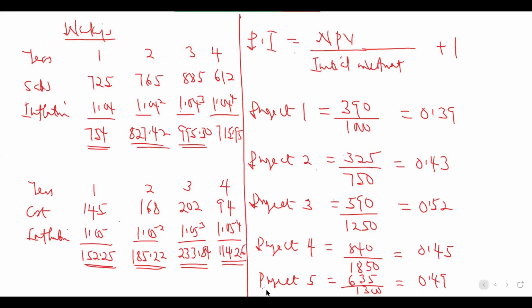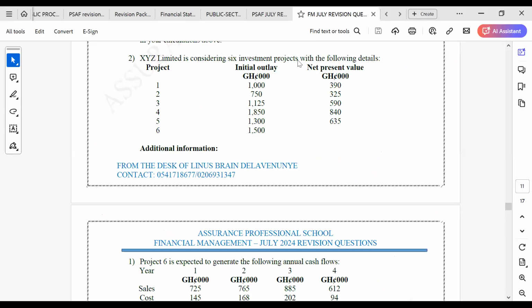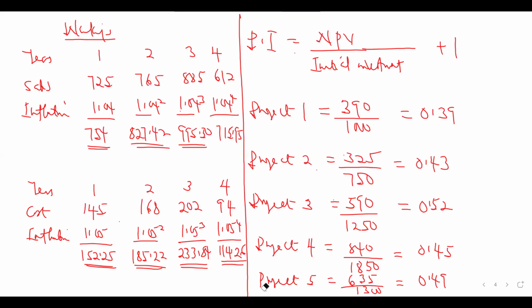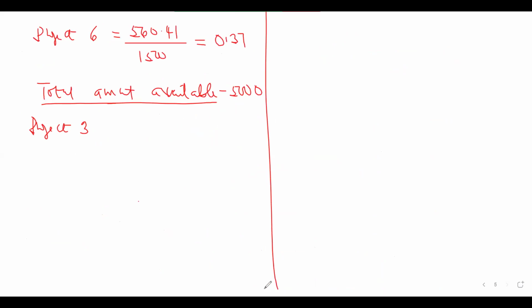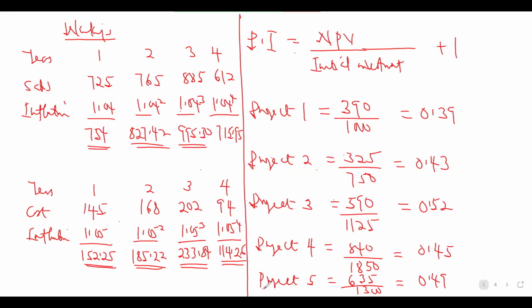Okay, so it means that that figure is supposed to be higher than that one also. So it's supposed to be 750. This will be divided by, is it going to be the 0.52? Yes. Okay, so that will give us the 1,125. What will be the amount that will be left out of the 5,000 after using that? 4,875. Okay, so let's go on. Which project will be the next one?